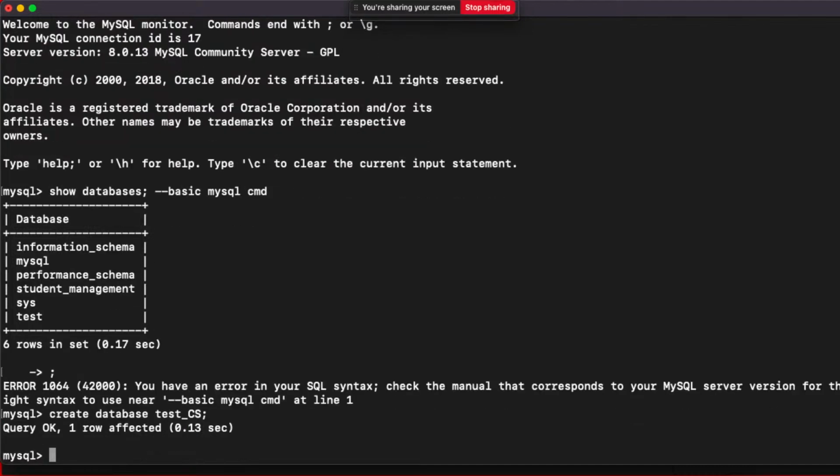So it is now saying query okay, one row affected, and it is also showing you the time it took to basically create that database. So query okay means there was no error at all in the syntax that you ran, so it worked perfectly fine. Now to see, you can press the arrow key if you want, and you can maneuver to the command that you previously ran,